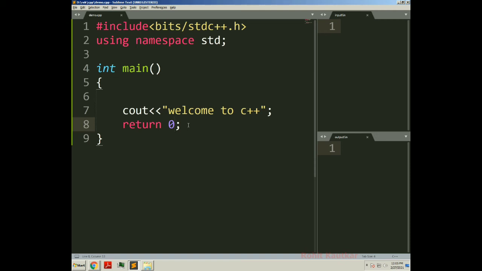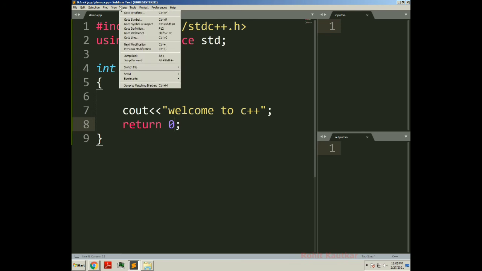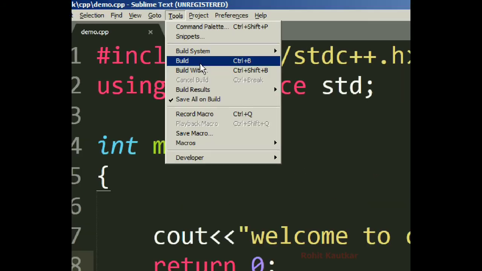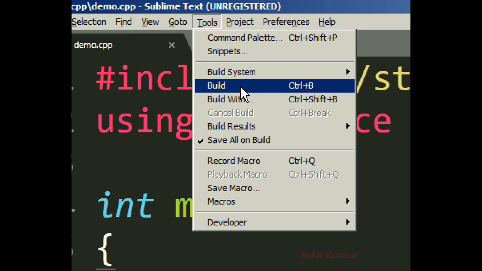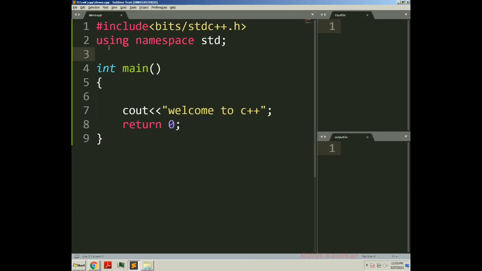Simply you can hit the key combination Ctrl B for building your program, or you can go to the tools menu, and here you can select the build option. The shortcut is Ctrl B, so I will use the shortcut Ctrl B.